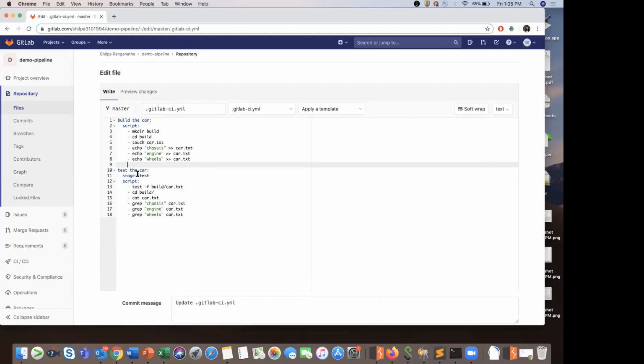Okay, so now here if you see, there is an attribute called stage.